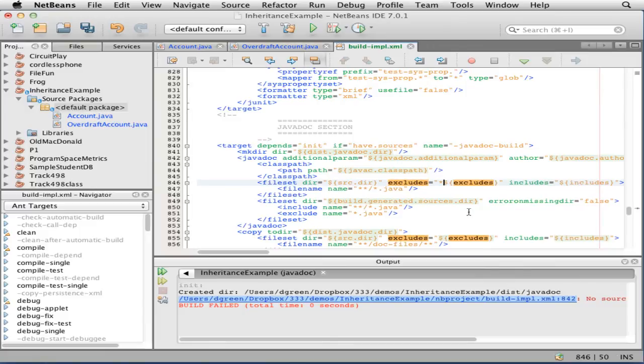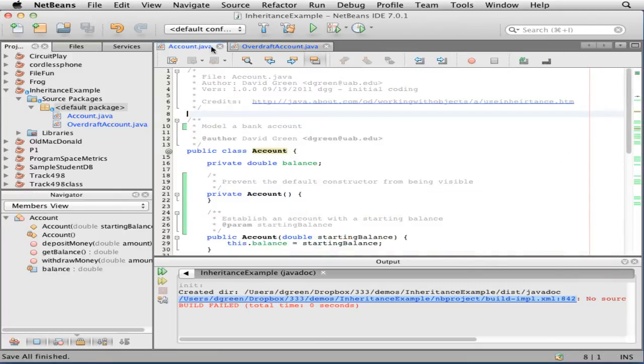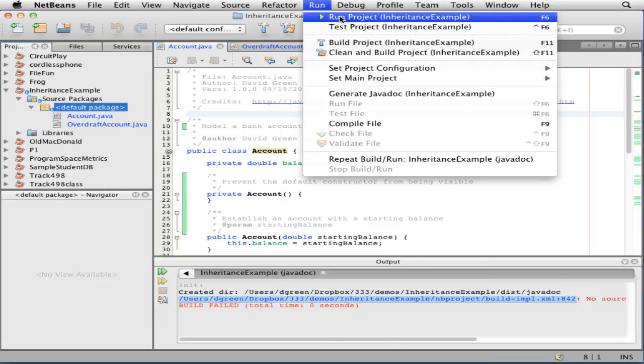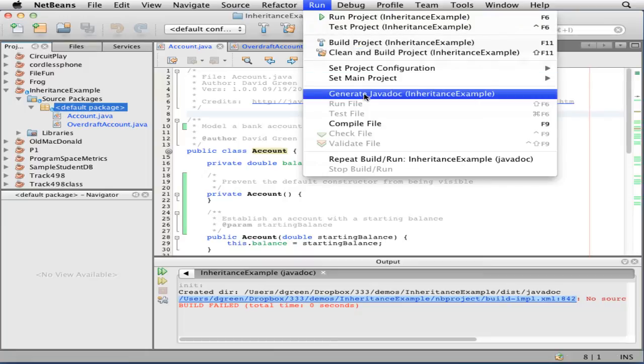Actually, it looks like I still have a star to get rid of, so I'll hit delete and get rid of that. So I end up with an angle brace $excludes angle brace inside double quotes, which is the parameter feeding excludes. Come up, hit save, close the build file, come back to here, select the default package, go back up to Run, and hit Generate JavaDoc inheritance example,